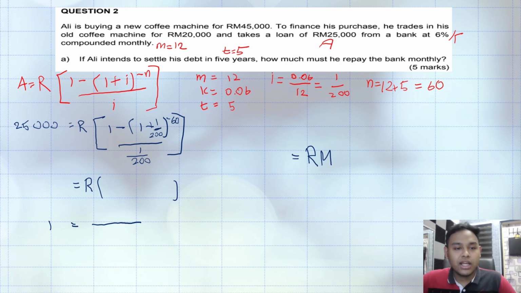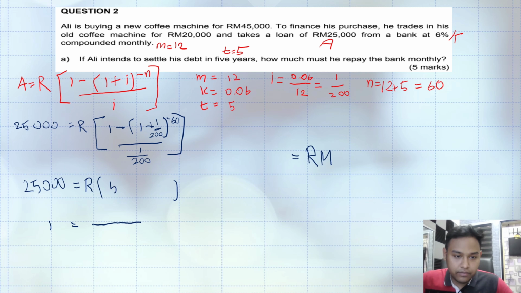The question is, if Ali intends to settle his debt in 5 years, how much must he repay the bank monthly? As we can see, I already wrote down the important points that the question gives to answer this question. Using this formula, we will get 25,000 here